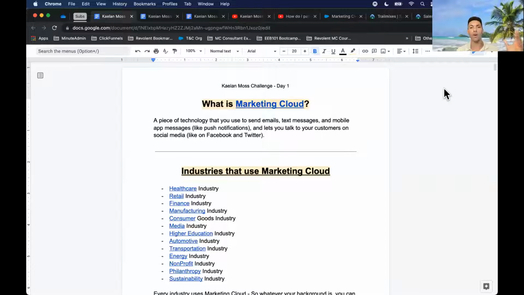As you know, every company needs to sell, but they also need to market their products with emails, text messages, mobile push notifications. So think about a mobile push notification you've gotten from Instagram, WhatsApp, Facebook. Where were all of those messages coming from? How did that generate? It didn't come out of thin air, right? It came from a marketing automation tool like Marketing Cloud.